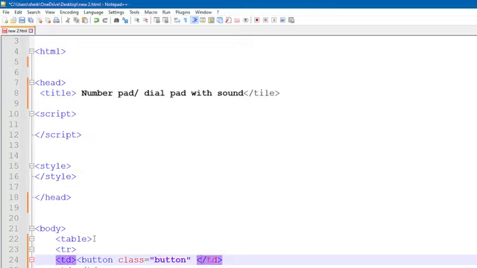open. Then the onclick event, and we name our function. We already discussed that we will name our function playSound. And for the one number we are applying this function, and the value will be 1 for this button, and the button tag ends here. Okay, so if you save this,